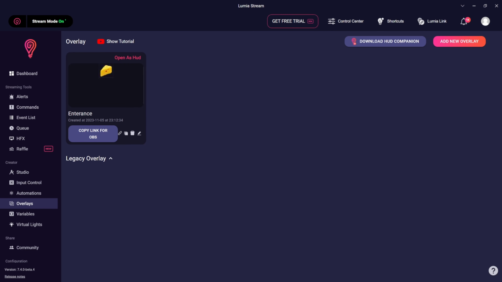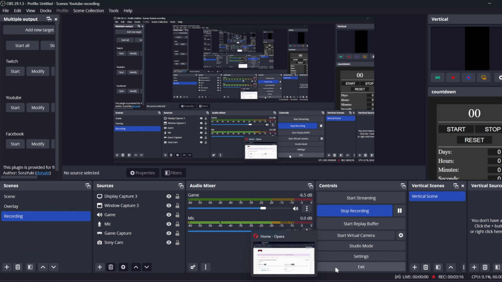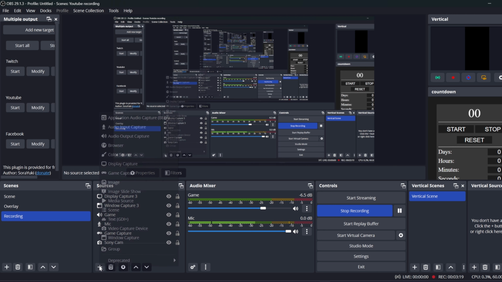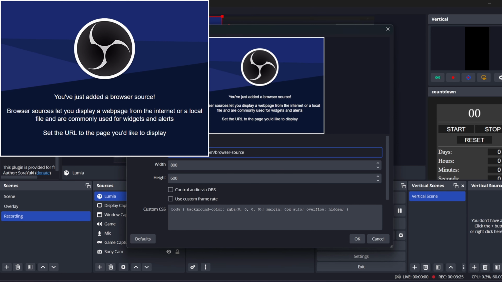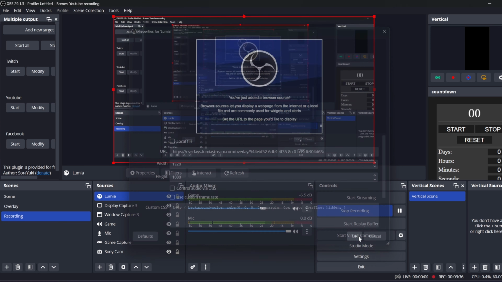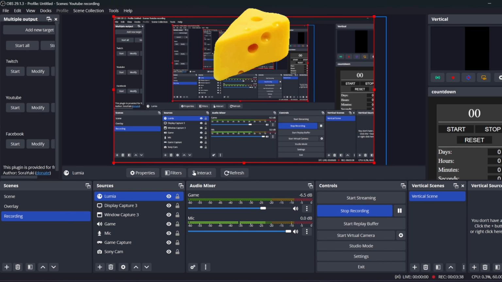Head on over to your OBS, which let me just show you guys here real quick. So that overlay that you did grab, go ahead and hit the plus. Go ahead and hit browser source. You're going to put Lumia. I already have it here, but let's just go ahead because it's typed a little differently. Go ahead and press Control V for your paste. Set up 1920 by 1080. Hit OK. And now you're going to see you have the overlay, which is definitely not supposed to show the